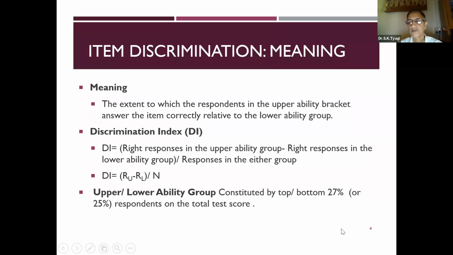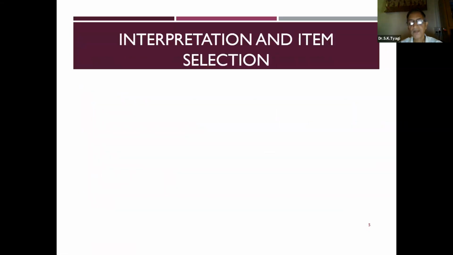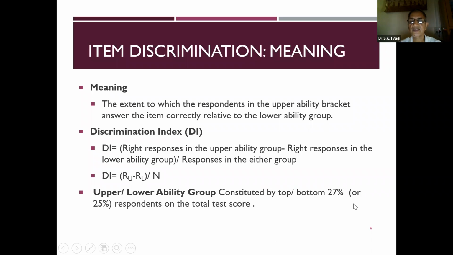Now, some experts say 25%. So there is a difference of opinion. Some say the upper and lower ability groups are constituted by 27% of the sample, others take it as 25%. Not much difference.